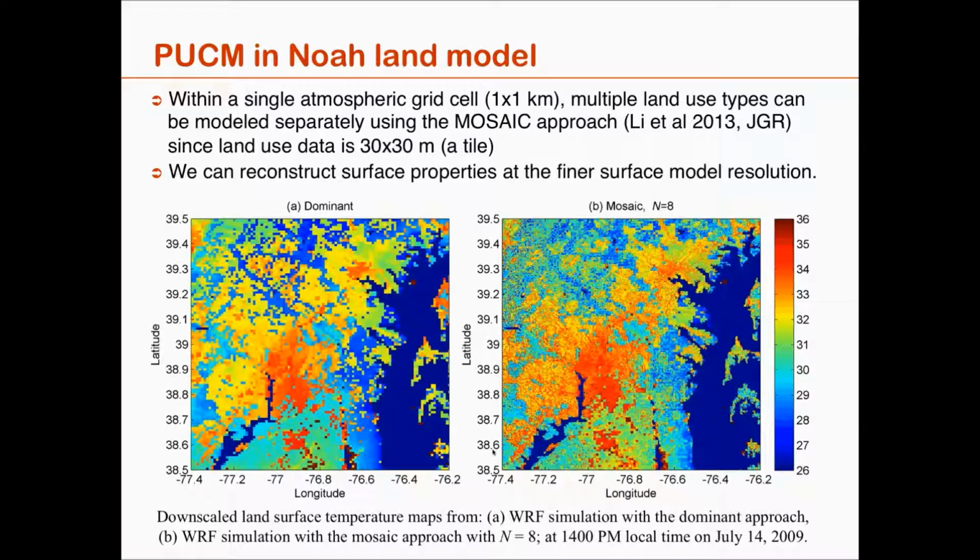But when we run it at a finer scale, at the 30 by 30 meter scale, you can reconstruct the land surface properties with a much finer resolution, as you see on the right. On the right, you see Baltimore in the upper left quadrant and DC in the lower right, or the center of the figure. Now you can almost start to see the ERDL and the highways of Baltimore taking shape, the ERDL being the urban-rural demarcation line, while in the left figure you can hardly